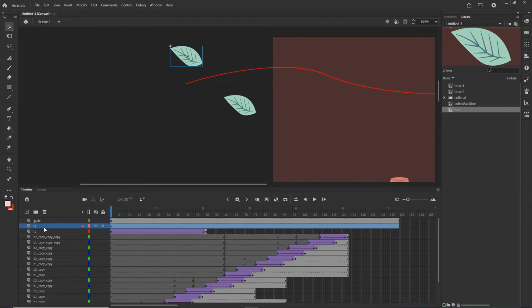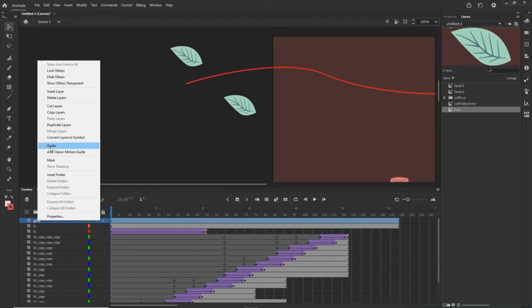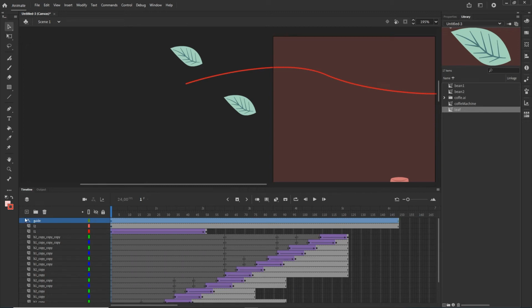and nothing is going to happen because I forgot to do one thing. I'm going to click on the guide, and I will right click, and I'm going to choose guide, and it is going to change the whole layer. And right now I'm going to drag the L2 under the guide, like so, and it is going to do me something like this. And now what I need to do, to be able to animate this leaf along the